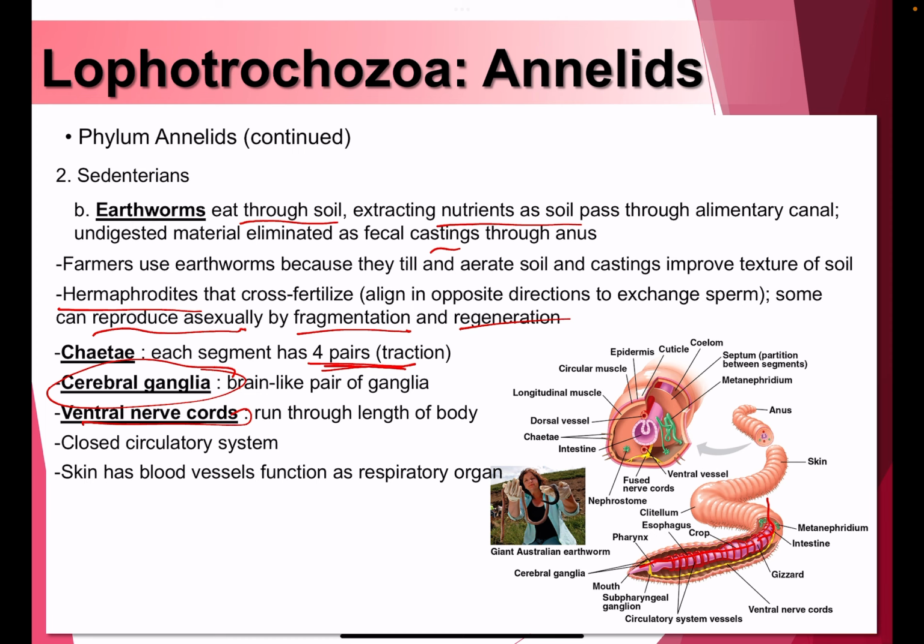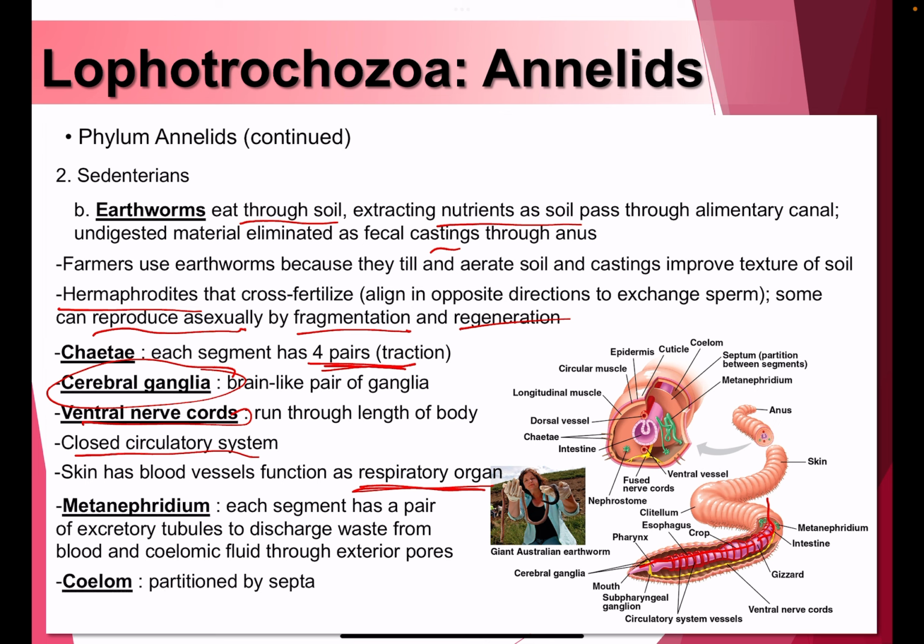And then it does have a closed circulatory system where there are hearts and blood vessels, and the skin has vessels that also function as a respiratory organ because there are no lungs in there. So these blood vessels close to the skin are where they are doing gas exchange for the earthworm itself. And then it also has a metanephridium, which is each segment has a pair of these